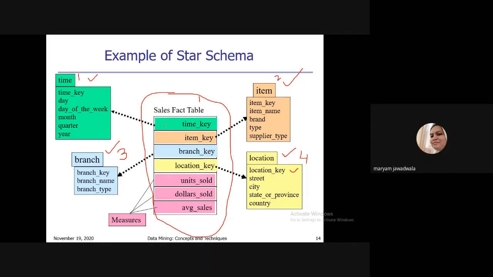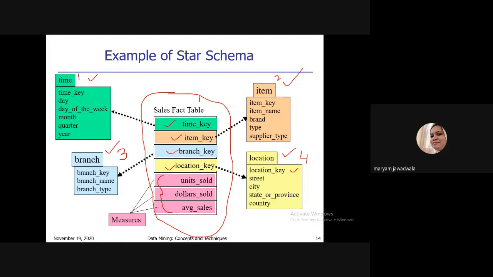Say the first one is time key, which is the key attribute of the time table. Then you have item key, the key attribute of the item dimension. Then branch key, the key attribute of the branch table. And then you have location key. Okay, and along with all these four, you have three more attributes, the ones in pink. What is this?